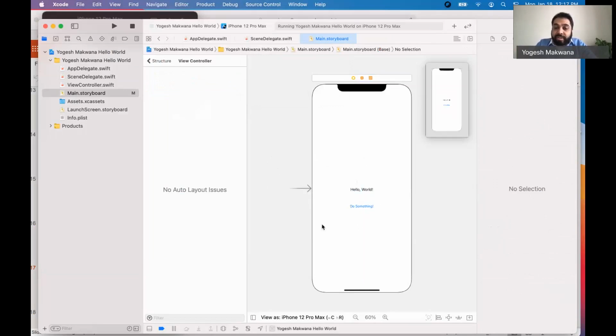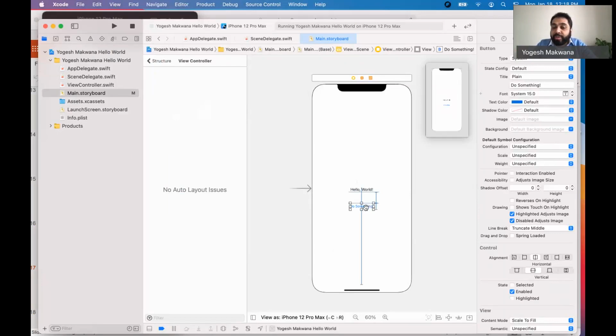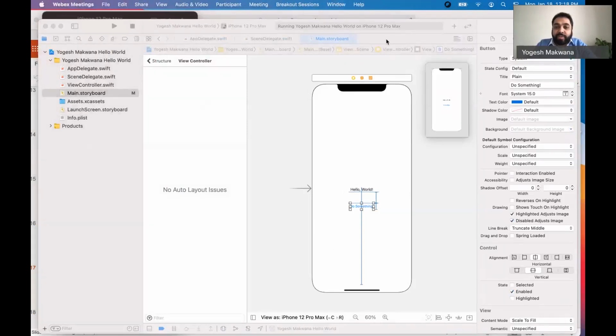Now, how does this thing communicate? How does it know what to do? We need to be able to tell the program that when I touch this button, do something. Don't just stand there. So that's what we want. We want it to do something. And this is how you're going to do it. We need a little bit more space here. I want you to close this